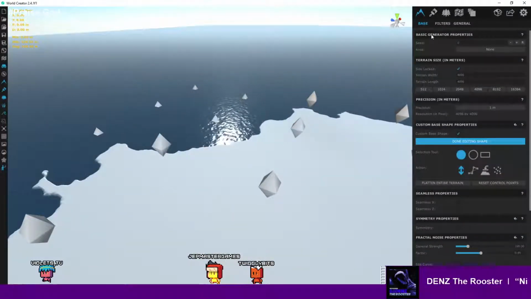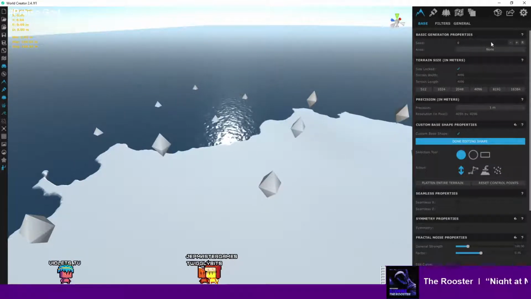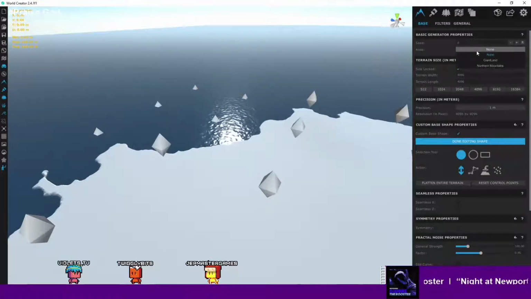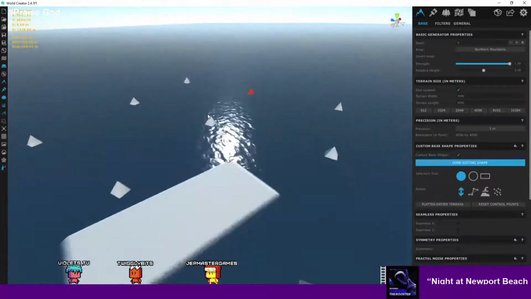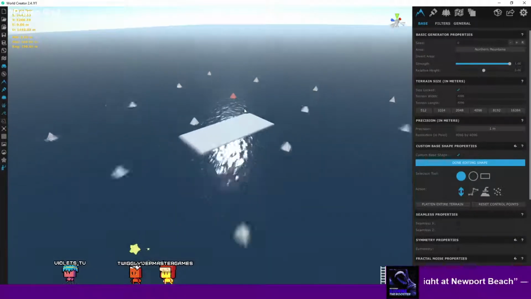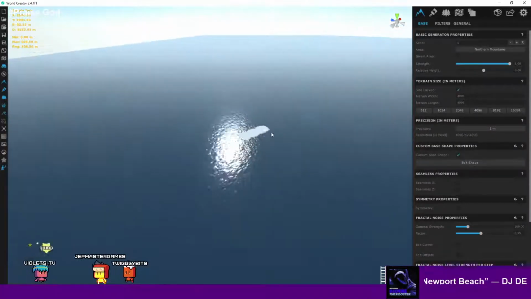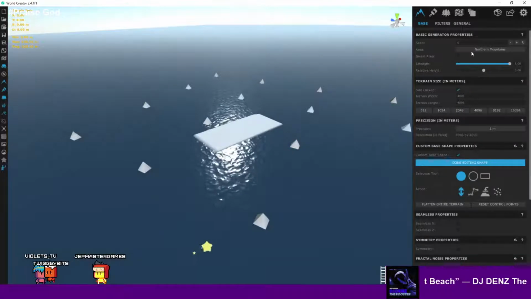So what I could do, basic generator properties. I don't want to just select that because, you know, that's what it's going to do there. And it still didn't make a difference if I edit the shape. So